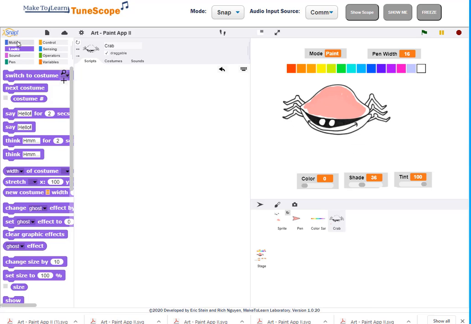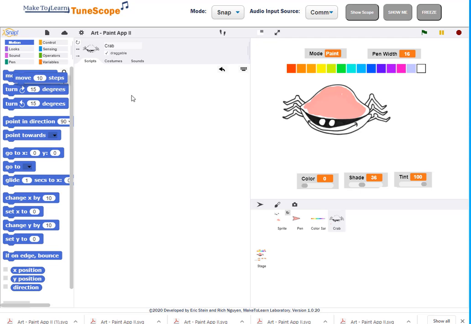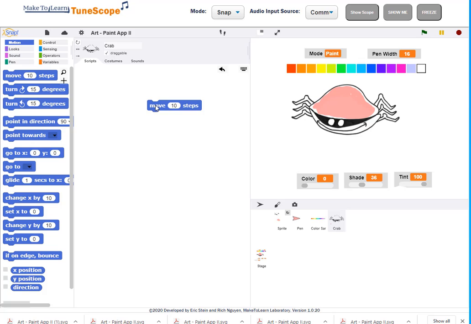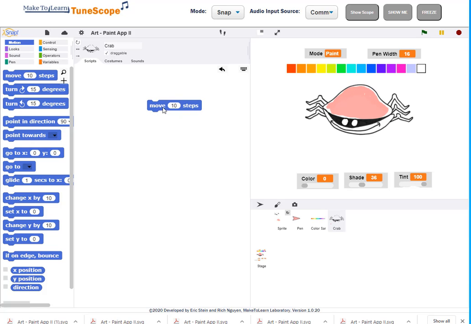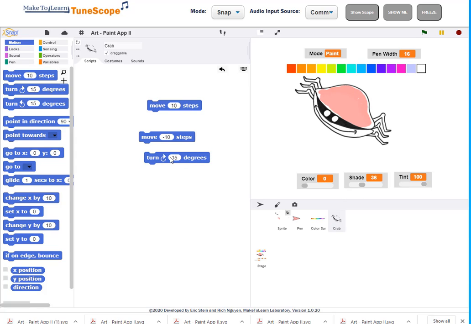Once I've done that, I can go to the crab scripts, and I can do several things with the motion commands. I want to show the primitives here, and for example, if I just move 10 steps, the crab will move forward, or I could move minus 10 steps and it will move back the other way. And I can do the same with turning. I can turn it a little,